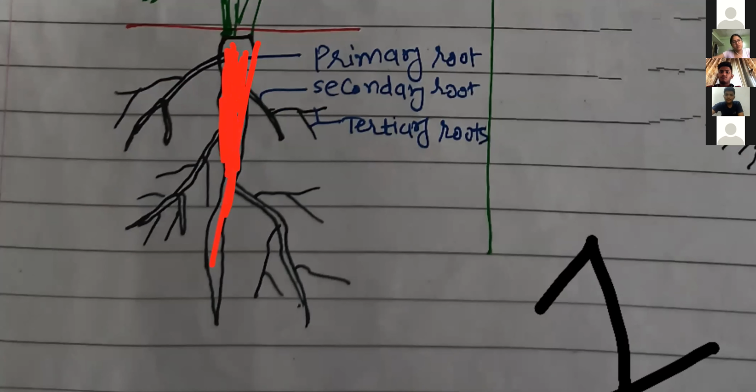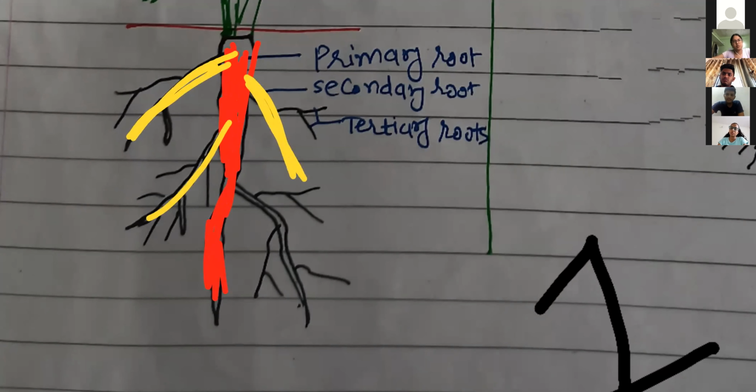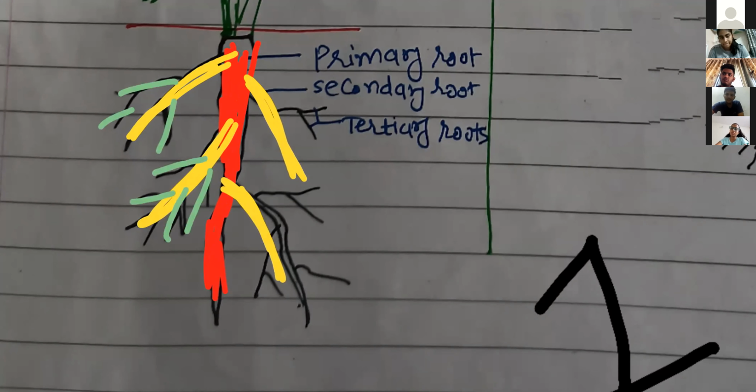This is the entire structure, right? The heaviest, thickest one compared to the other branches. Next, from that, the further branches arise, secondary branches, on which the further tertiary branches arise, which are very thin. So this taproot system is a branch structure. Remember that the root here directly arises from the radicle. The radicle elongates and forms the taproot system.